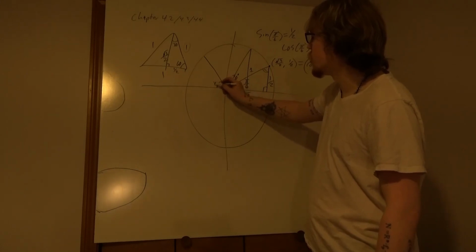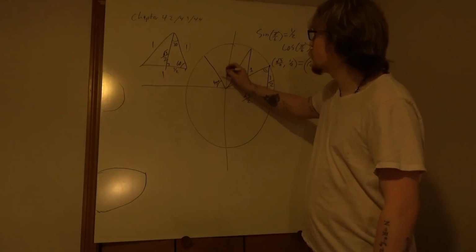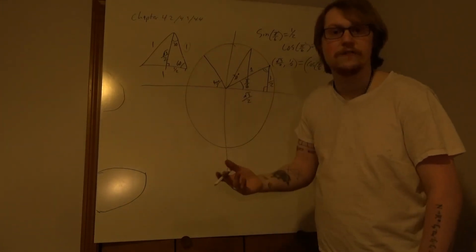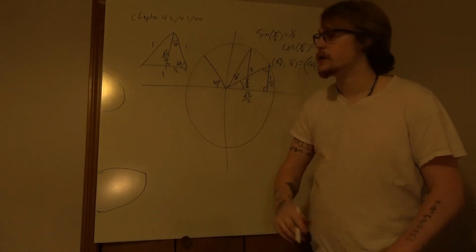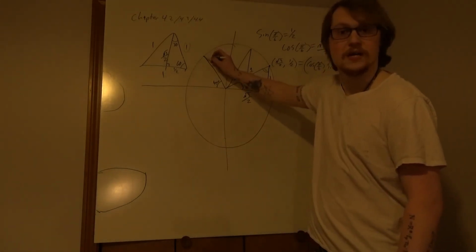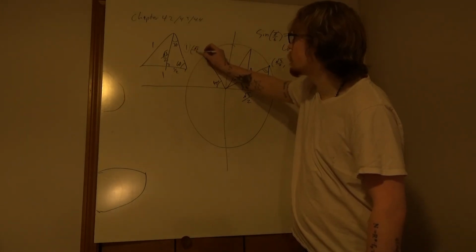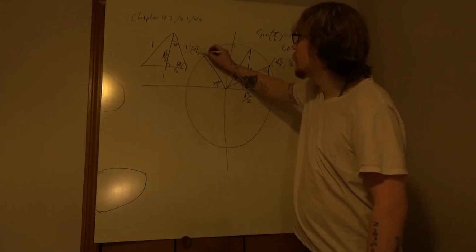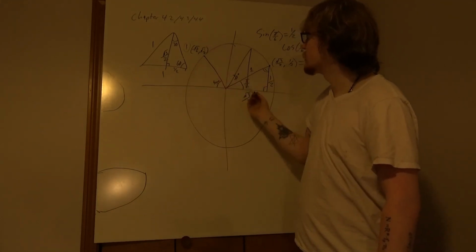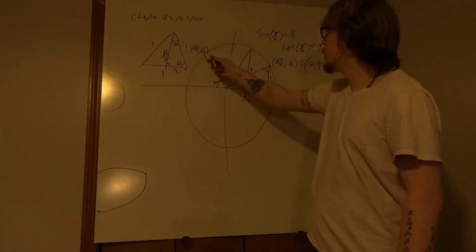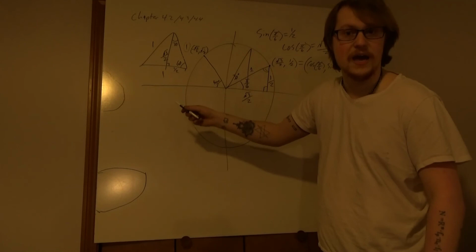If this is also 45 degrees, then we can figure out pretty easily from the past one that we just did what these coordinates have to be as well. It's going to turn out that it's going to be the negative square root of 1/2 by the square root of 1/2, because it's the same height, but it's on the opposite side on the x-axis,